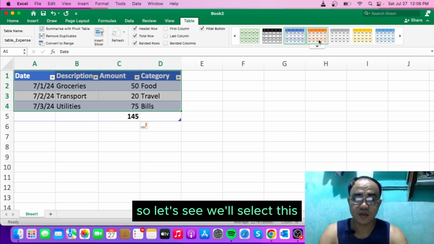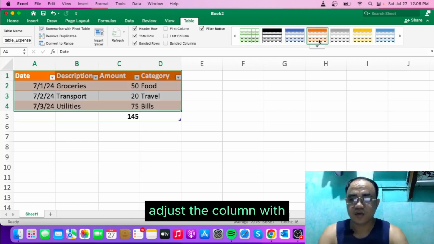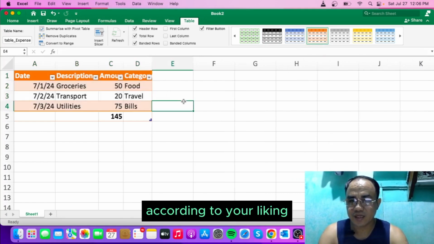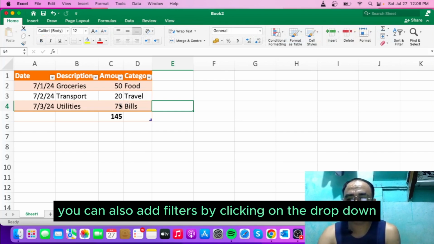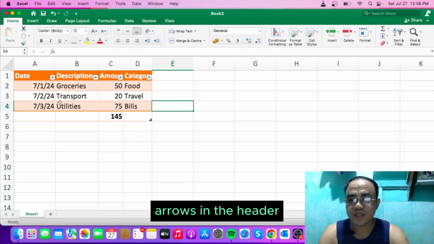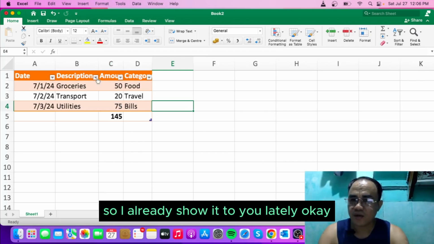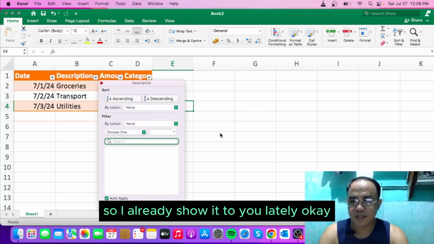So let's say we'll select this. Adjust the column width according to your liking. You can also add filters by clicking on the drop-down arrows in the header row to sort and filter the data as needed. I already showed it to you earlier.